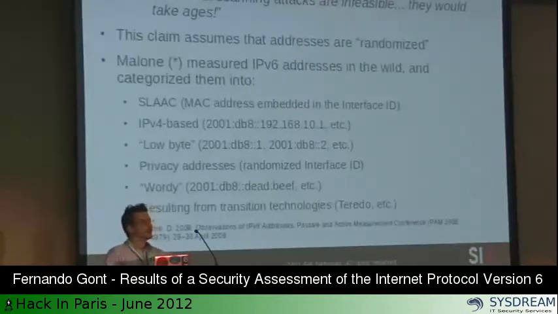So let's just say that you are configuring the addresses of routers. You don't usually just type lots of random numbers, but you want addresses that are easy to remember. So you typically set the interface ID to all zeros and you just vary the last byte. There are also privacy addresses, which is this category, in which you essentially randomize the interface ID. So there's no real pattern there. There's also wordy addresses. Essentially, wordy addresses encode words in English, Spanish, French, whatever. One of the reasons you can do that is since you're using hexadecimal here, it's possible to do that, whereas in the case of IPv4, it's not.